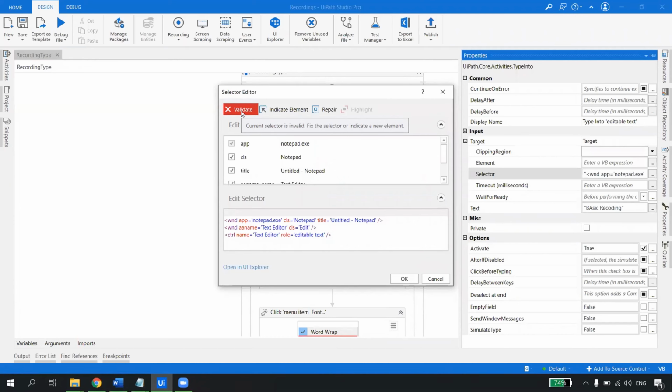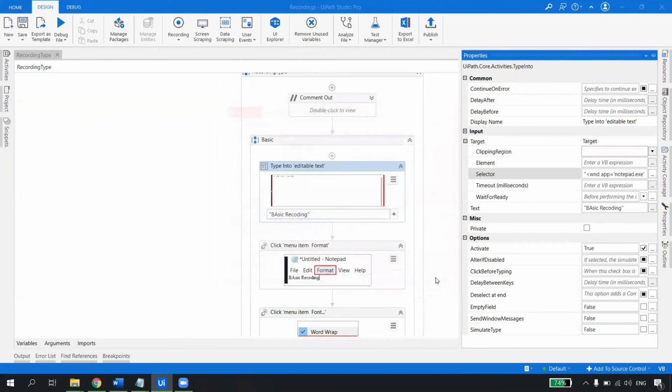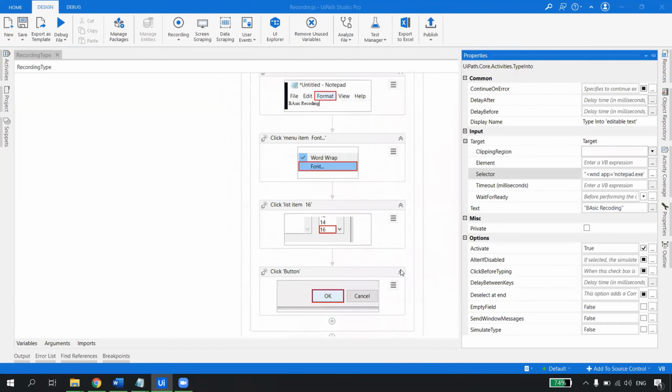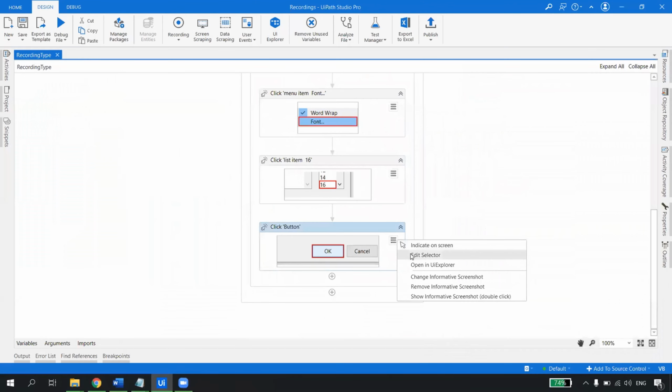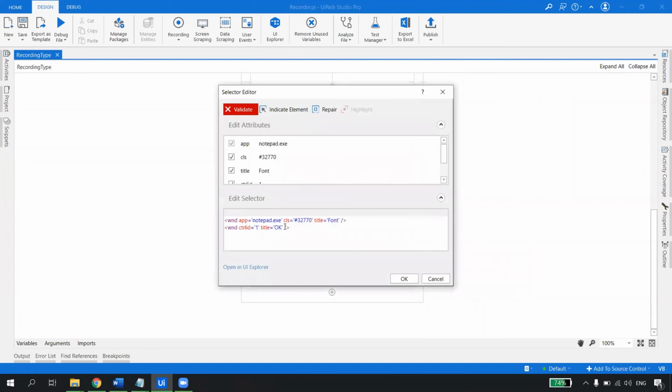Selector is a very big and very important topic of the entire UiPath. So this thing you are going to get a lot in your developer certificate as well as in your advanced one also. And for any automation with UiPath Studio, you should be very clear with the selectors, how they are generated and what they are meant for. So now if I randomly ask you, what is this selector? Just look at the selector and see, what do you think this thing is doing?